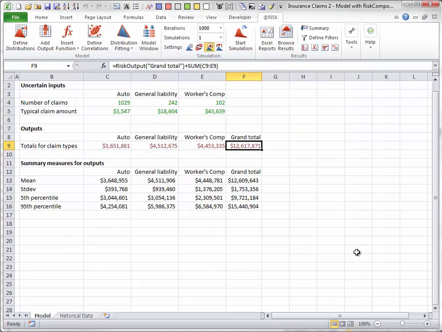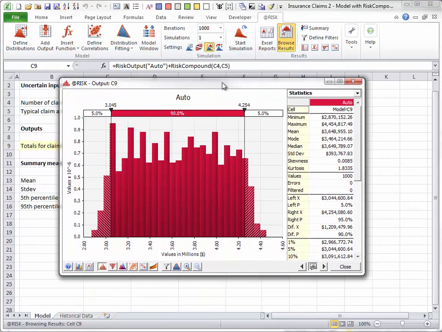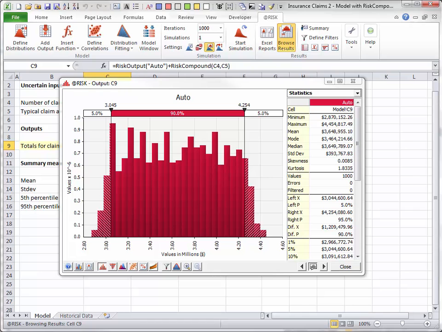Here is the distribution of the total amount of auto claims. You might expect the sum of random amounts to have a bell-shaped normal distribution because of the central limit theorem. But this theorem doesn't apply when the number of terms in the sum is random, as it is here. The distribution you see is almost uniform, with very short tails. In contrast,